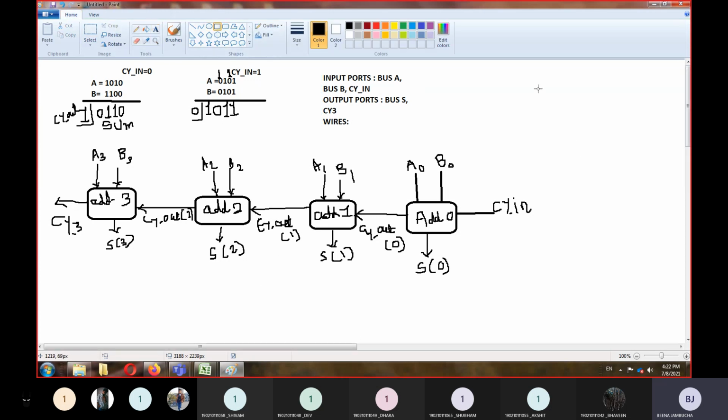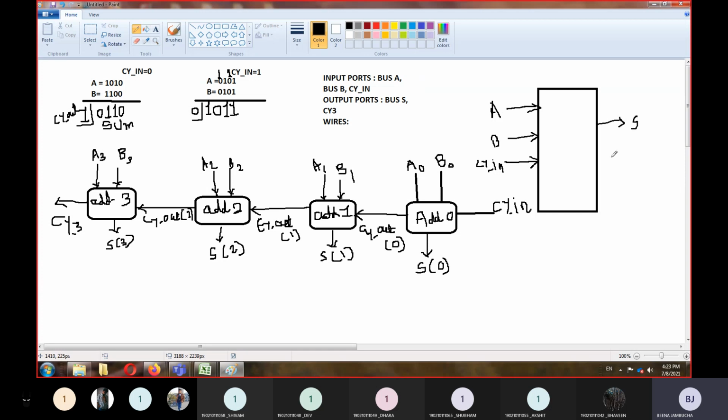So if we assume this as an IC, right, then you will have bus A, bus B and C in, and the output will be S and CY3, right. What we will get is only a 4-bit sum and a 1-bit carry, right.